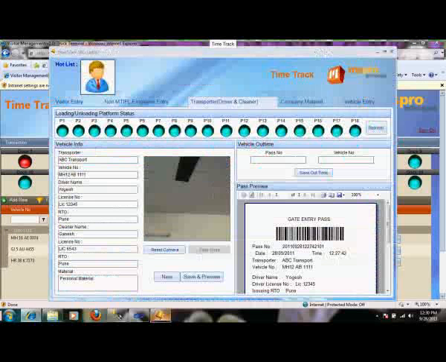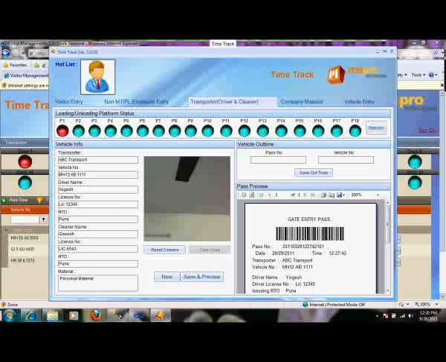So again I select a vehicle and I say save. Okay, the moment I say save, the signal at dock 1 has turned red, or after a specific interval, or if I click refresh, platform 1 will be red.